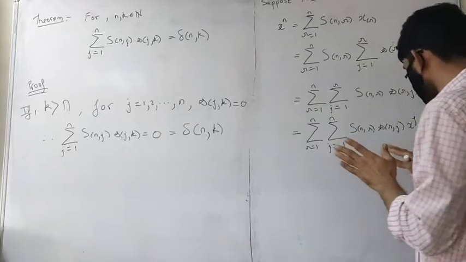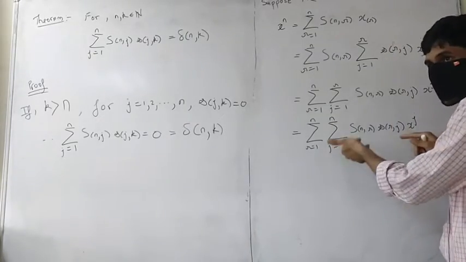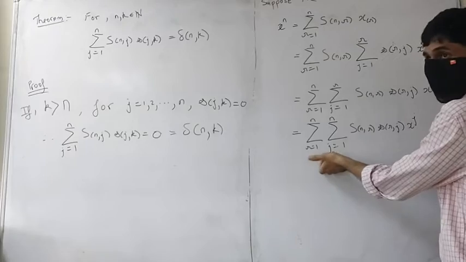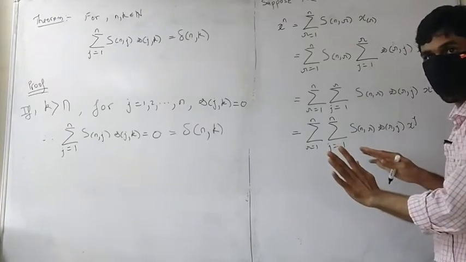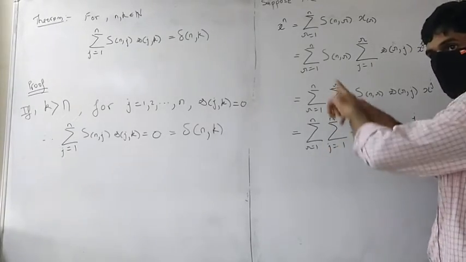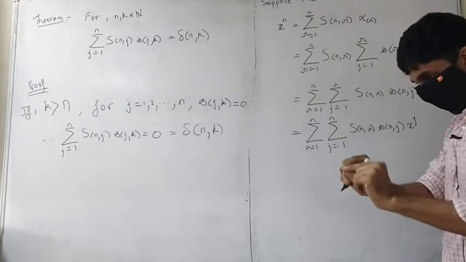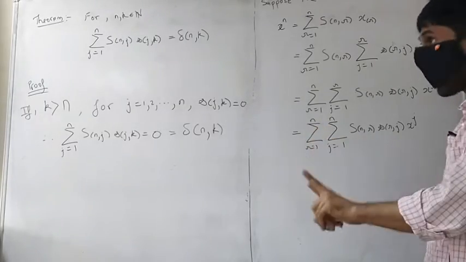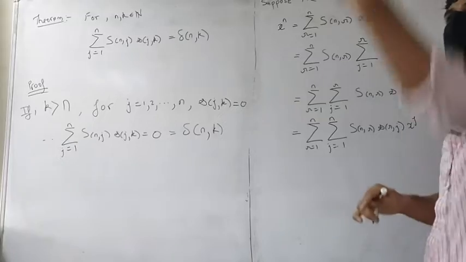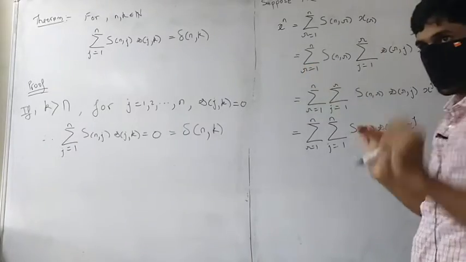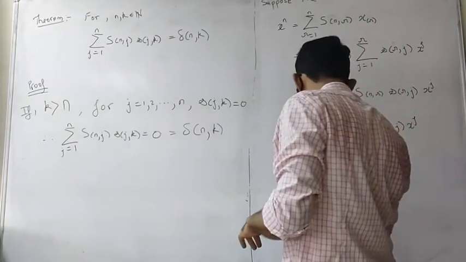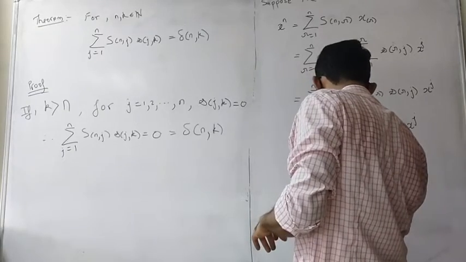That means what do I need to do? This is in the inner sum, I need to take it to the outer sum. So I need to flip this over. And I can do that. There is no harm in doing this. I either go across this way, and for each of these I go up, or I go from here and then go across this side. That's the simple thing. So I can easily just flip this,